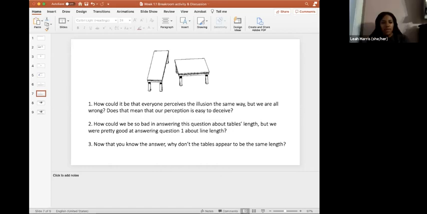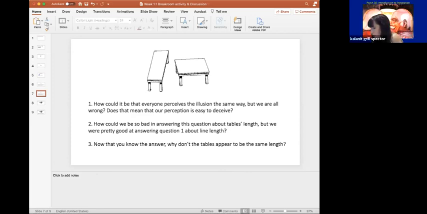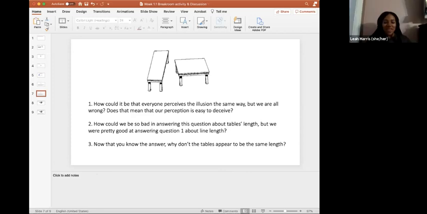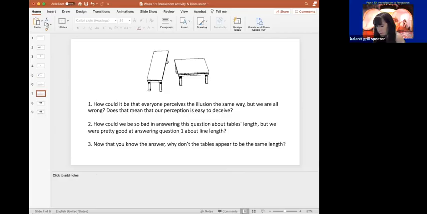So it might be that for things like visual perception, which evolutionarily are very, very old, it's harder to go against the way you perceive something. Even if you are cognitively aware that it's wrong, the way your visual processing is wired, it doesn't override that. Okay. Sorry, I couldn't see who was talking. Could you just introduce yourself, please? Oh, yeah, that was Leah again. Hello. Okay, cool.